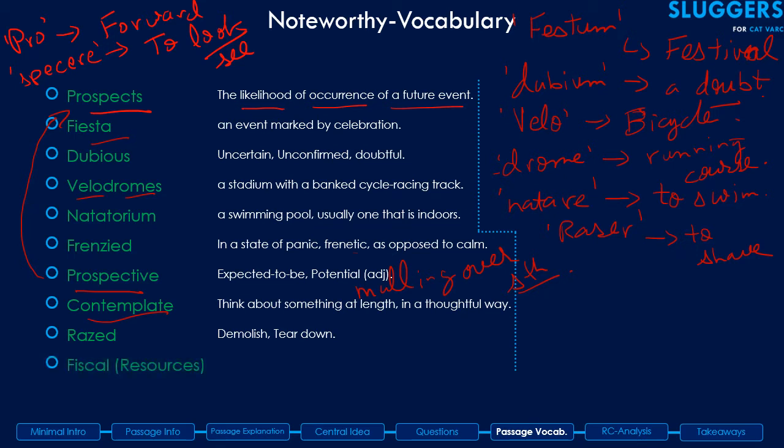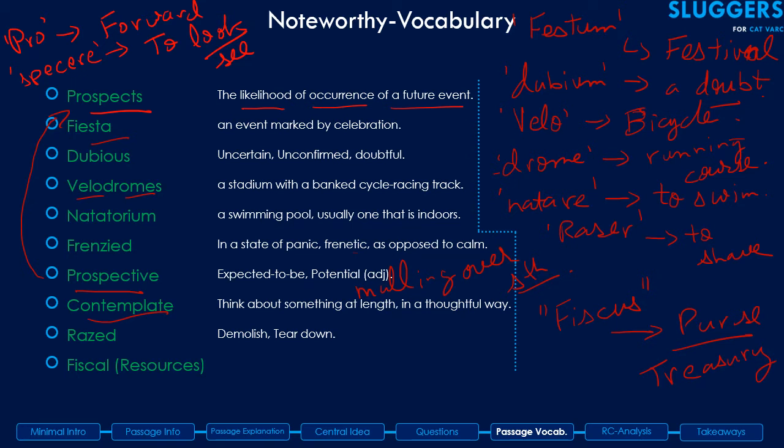That's what raised is. Fiscal. Fiscal again comes from an interesting term, which is again a Latin term. See, most of the words, as you can see, at least in this slide, are derived from Latin roots. So fiscal is derived from fiscus. Okay, fiscal is derived from fiscus. Just one second. It's actually fiscus, and fiscus basically is a term that means purse or treasury,